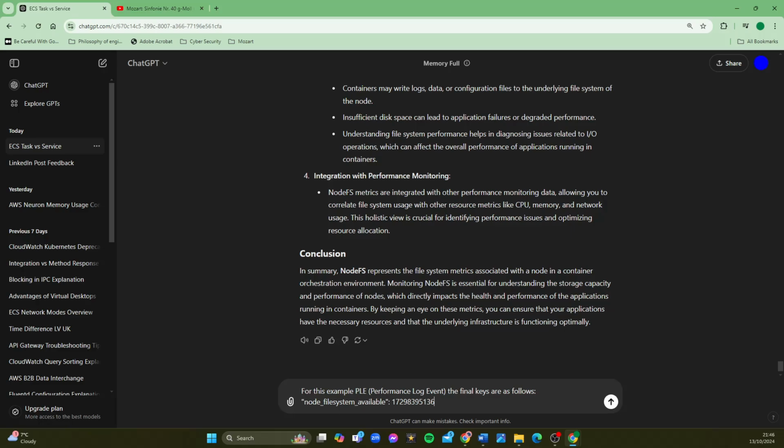Then we have a comma, and we go on to the next metric, which is node file system not available, but how much in the reserves. What's the node file system capacity? So node file system capacity 21462233.088, comma, onto the next metric, which is node file system